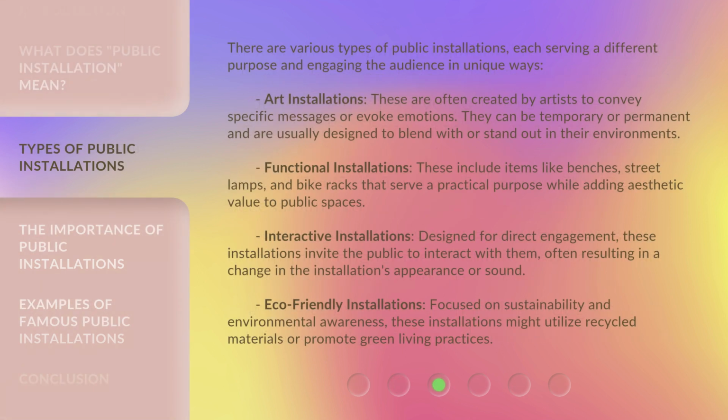There are various types of public installations, each serving a different purpose and engaging the audience in unique ways. Art installations. These are often created by artists to convey specific messages or evoke emotions. They can be temporary or permanent and are usually designed to blend with or stand out in their environments. Functional installations. These include items like benches, street lamps, and bike racks that serve a practical purpose while adding aesthetic